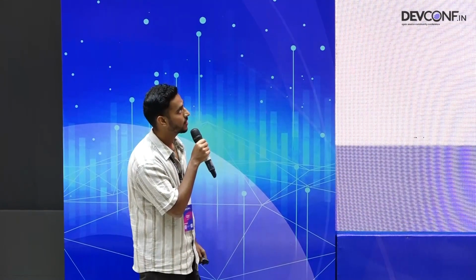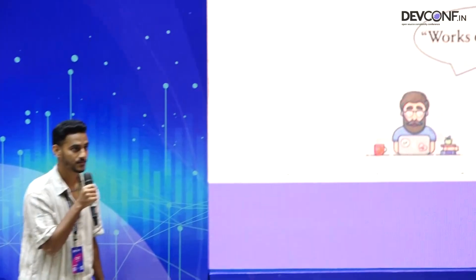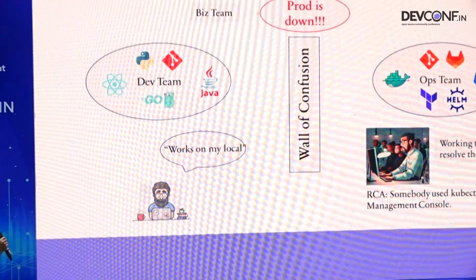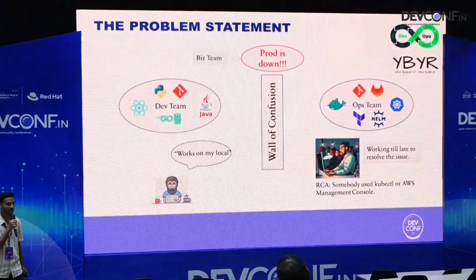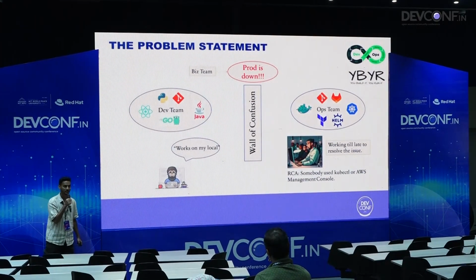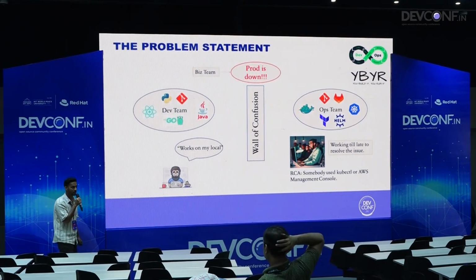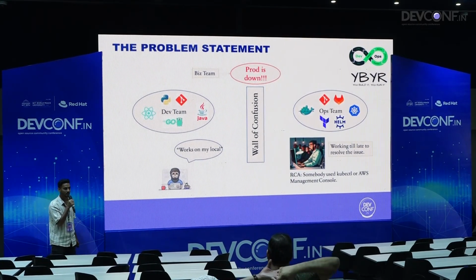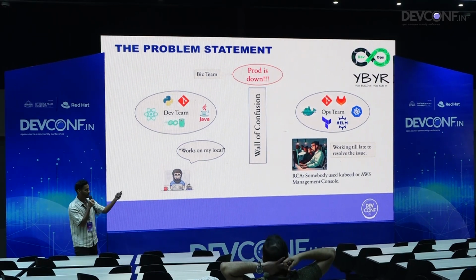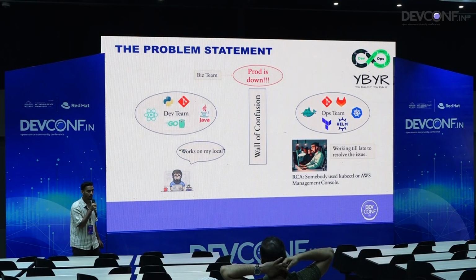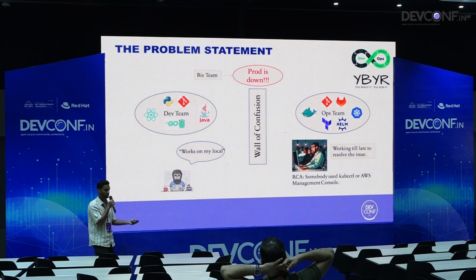A lot of people might be able to relate to this. There is a scrum call, I think, in most organizations, and generally the business team discusses that prod is down, and then there is a hustle between the dev team and the operations team a lot of the time, in which the dev team comes up with the thing called "works on my local. I don't care about what happened in the deployment, so this is not my problem." And then the platform team, or if I talk traditionally the sysadmin people, which then evolved to DevOps, today SRE or platform engineers, work late nights to resolve the issue.